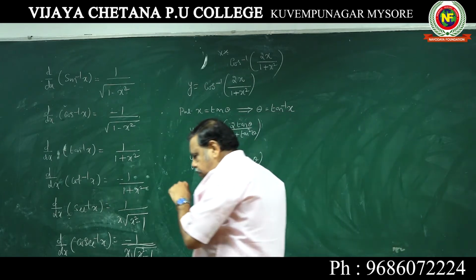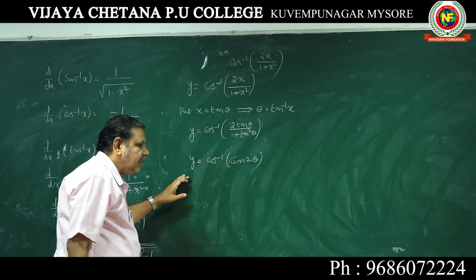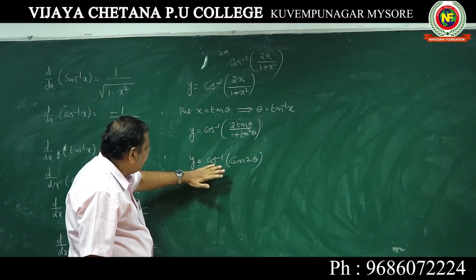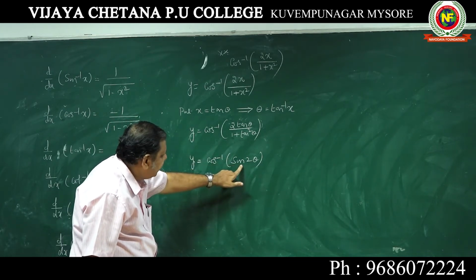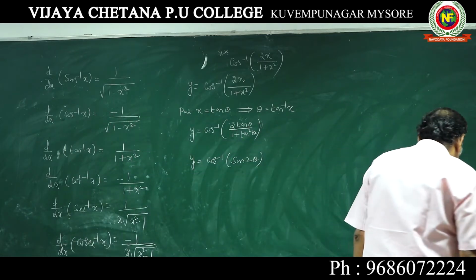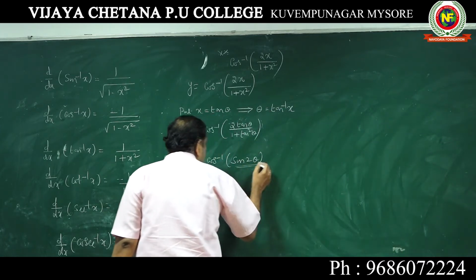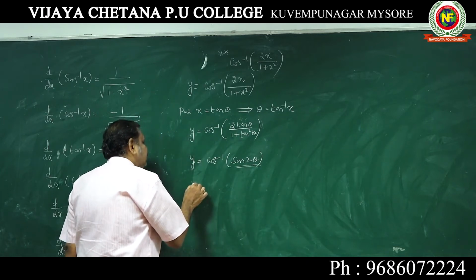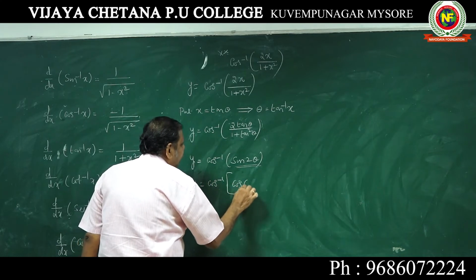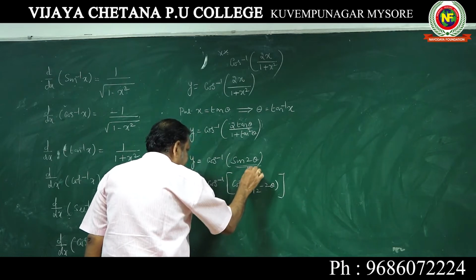Now you tell me how to convert. You cannot write directly. Now cos is there, sin is there, this also has to be converted to cos, then you will get cos inverse of cos x is x. How to convert this sin 2 theta into cos? Now y is equal to, I told you complementary function, cos of pi by 2 minus 2 theta. Very important step is this.